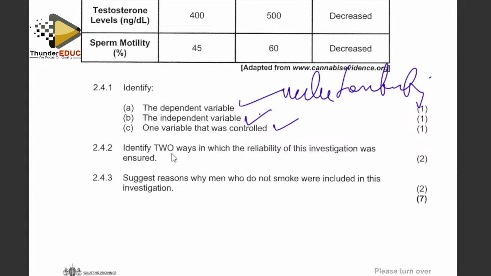State 2 ways in which reliability was ensured. I told you that this is the only time when we mark the tense. If they ask you in past tense, you answer in past tense. If you change,